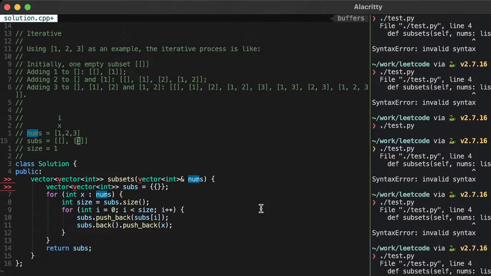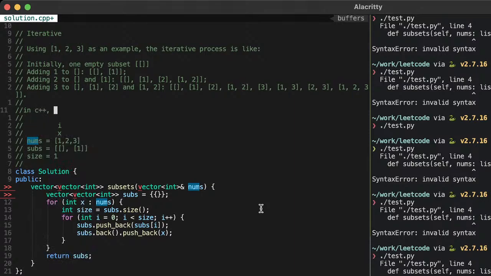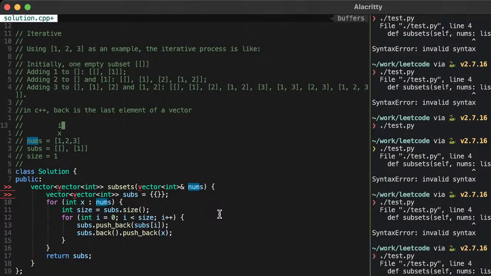So in C++, back is the last element of a vector. Reference to the last element in the vector. Okay, cool.